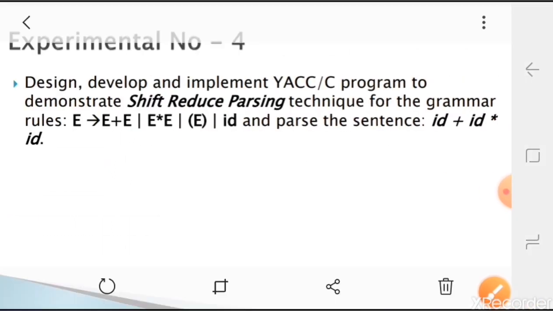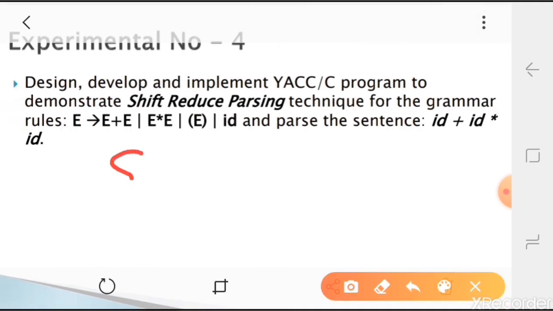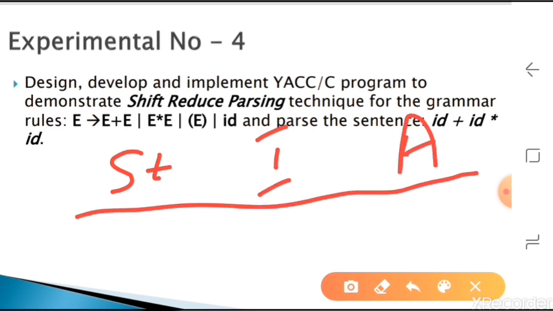So while parsing, we will always have the stack, then the input, then the action part. Whatever stack content is there, we will display it, then whatever input we have, we display it, then the corresponding action we are doing, we display it.